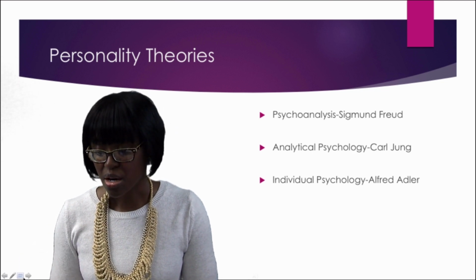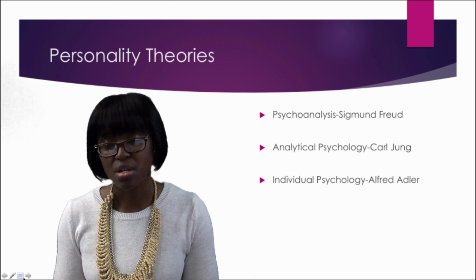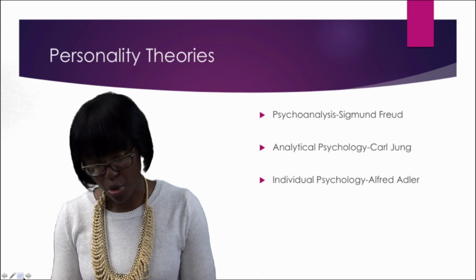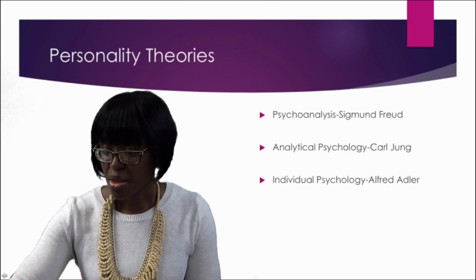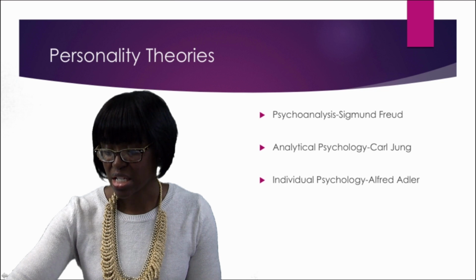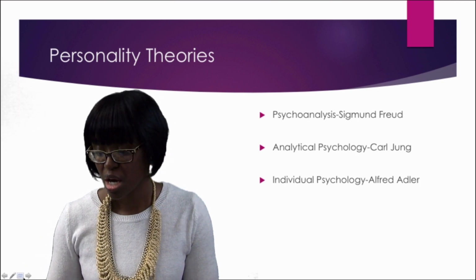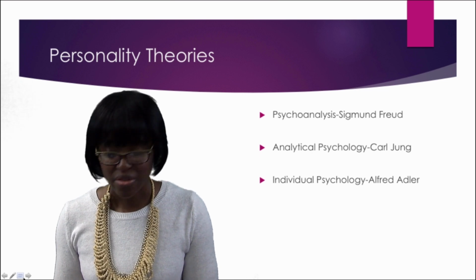Analytical psychology, again with Carl Jung, is that he was also a partner with Freud, but he broke from him as well because of his emphasis on sexuality. The major constructs in analytical psychology are ego, personal unconscious, complexes, collective unconscious,